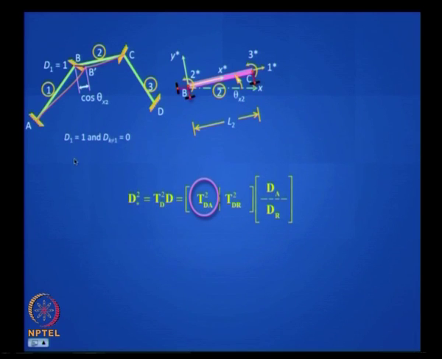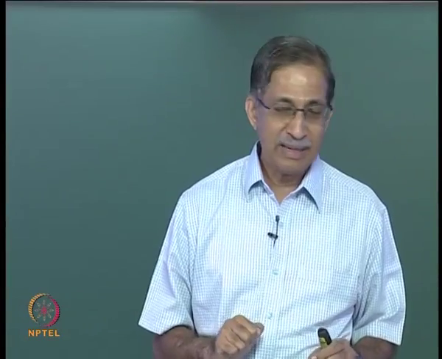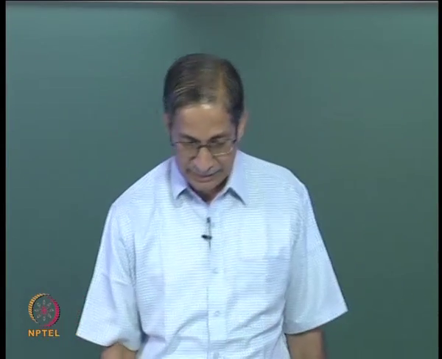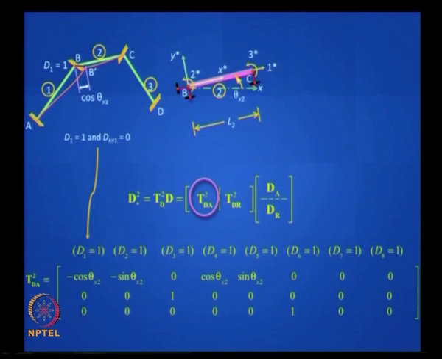What is the size of the T2dA matrix? You remember there are how many degrees of freedom here in this problem? There were 8 active degrees of freedom and 4 restrained degrees of freedom, right? So the matrix will look like this. Okay, I am just pulling out the T2dA matrix here with the circle.